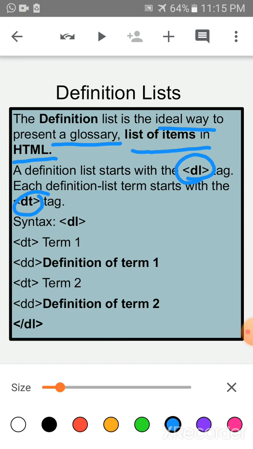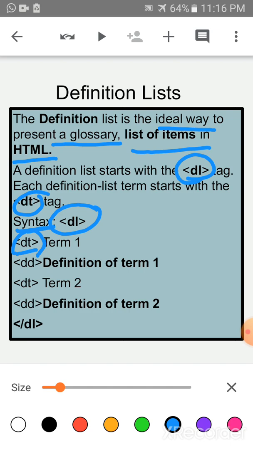Okay, the syntax of the DL definition list is, first of all, the opening tag DL. Then write down the DT tag. DT tag is used for the data term. DL means definition list. DD means definition data.